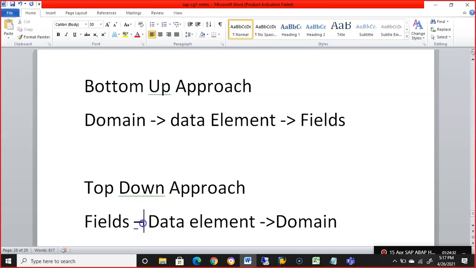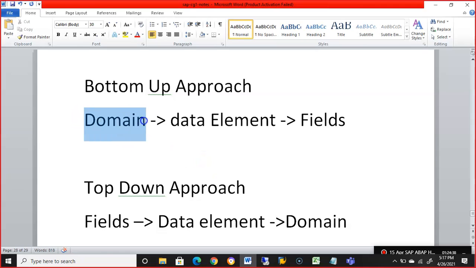Top down approach is slightly confusing and is not preferred, because if you create one domain, it can be used in 100 different data elements, and one data element can be used in 100 different fields. These can be used multiple times in multiple places. That's the reason we first create a domain, then a data element, then the fields. That's how we do it.